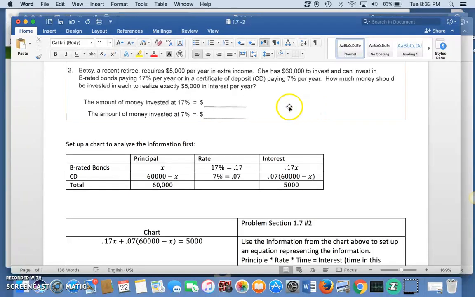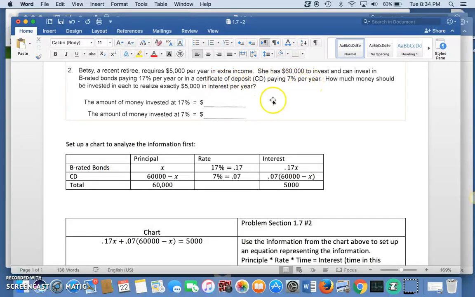When you've got one of these type problems, you want to read it and decipher your information, and that's the reason I use this chart to help me. So Betsy, a recent retiree, requires $5,000 per year in extra income. That's going to be the total interest she wants. She has $60,000 to invest and can invest it two different ways, the bonds at 17% and the certificate of